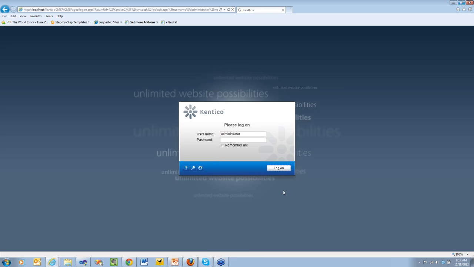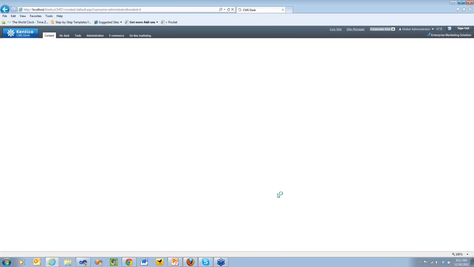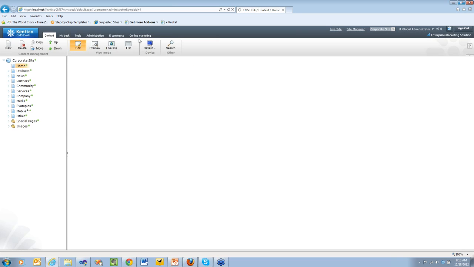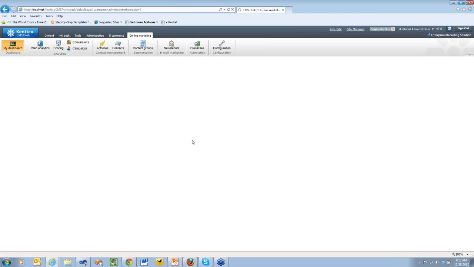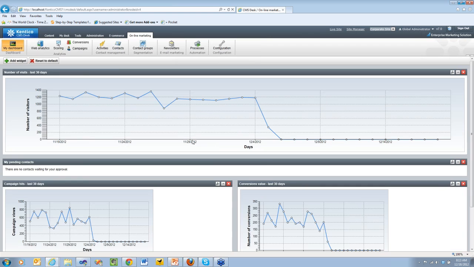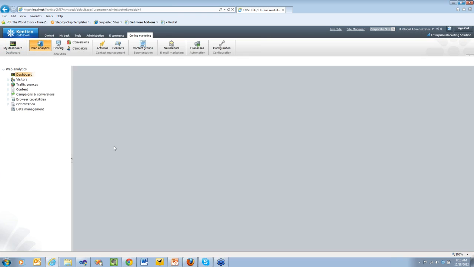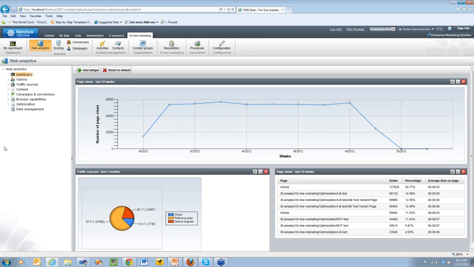So what I do want to show is where you can go ahead and take a look at the web analytics that currently exist, if you're not familiar with it. If you hop into Kentico CMS 7 and then click the Online Marketing tab and then select Web Analytics, there's a bunch of web analytics reports